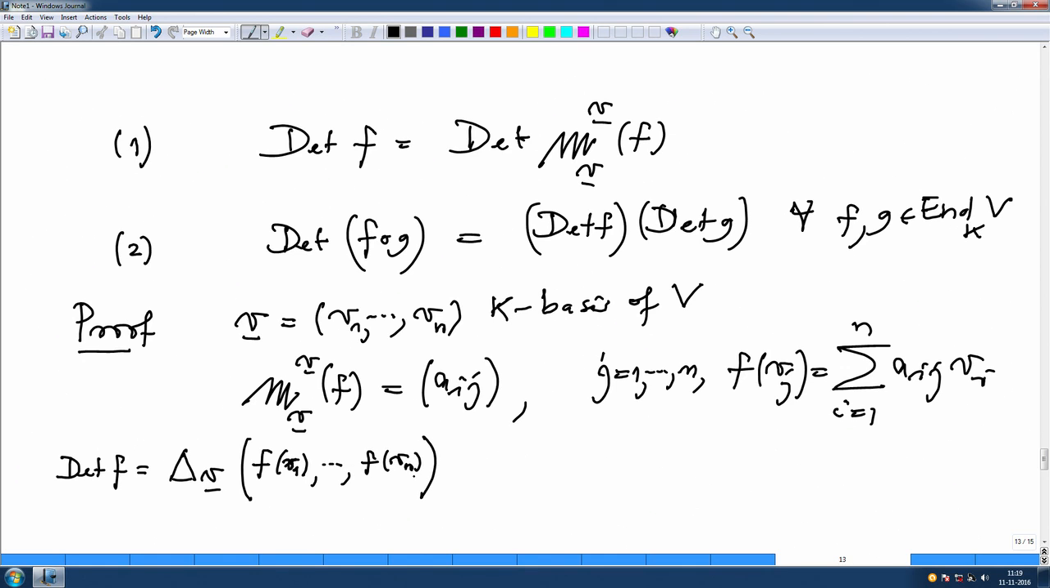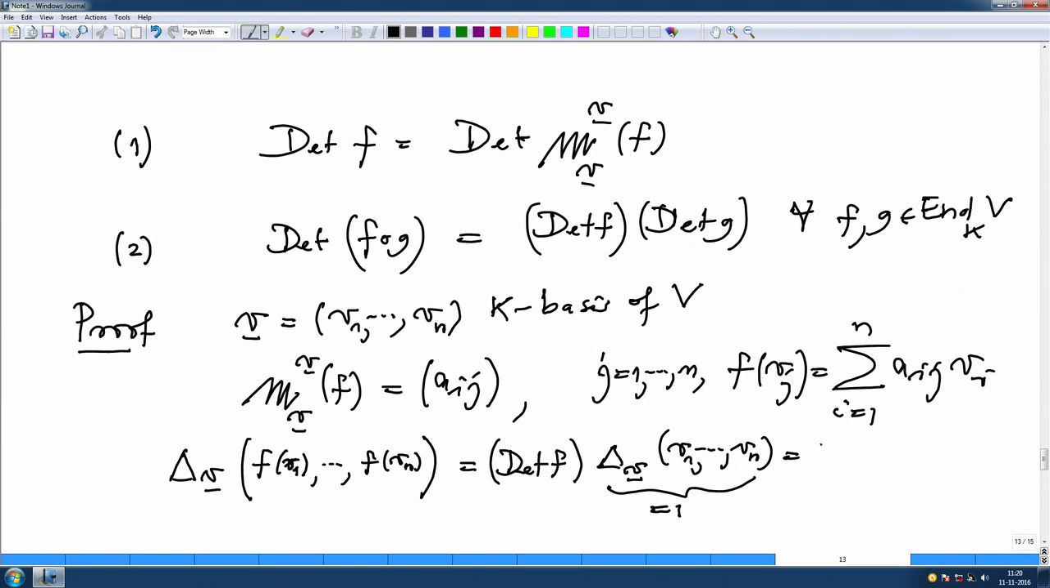Now, determinant of f equals this, that we compute by using this. This is determinant of f times delta v evaluated at v1 to vn. But this is 1, therefore this is determinant of f. So, determinant of f is the value of delta v on the tuple f of v1 to vn, and now